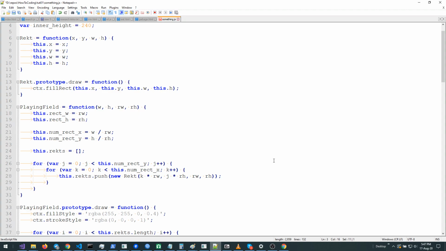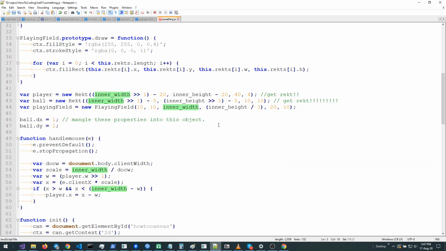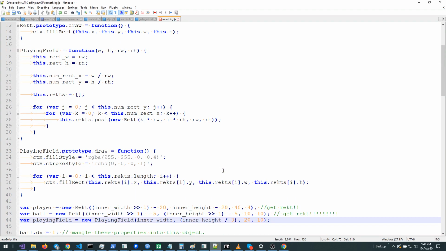Let's just pass in the width and the height. We don't need to do a funny subtraction for width. We'll do the calculation for inner height, and then the width is 20 and the height is 10. So inside playing field where we draw this,